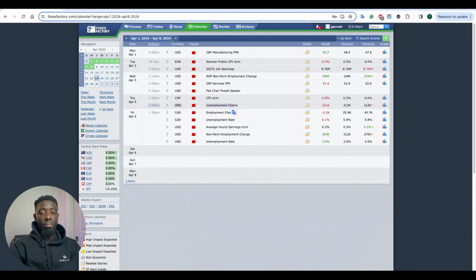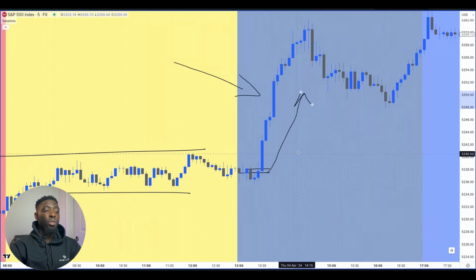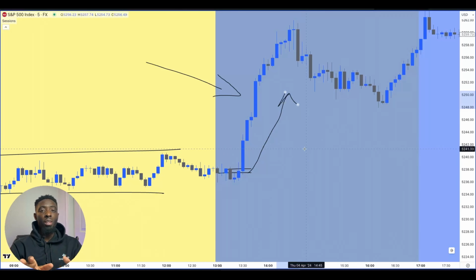So again, say you're a pure technical trader, and you probably don't even look at the fundamentals. But for somebody who looks at fundamentals, I'm just saying, you can combine this with the technicals, you can combine this with the market sessions, and it's going to be a game changer for you. So this happens a lot. This happens almost every time. This happens on any pair, and it overrides any strategy you're looking at, because it's talking about the timing